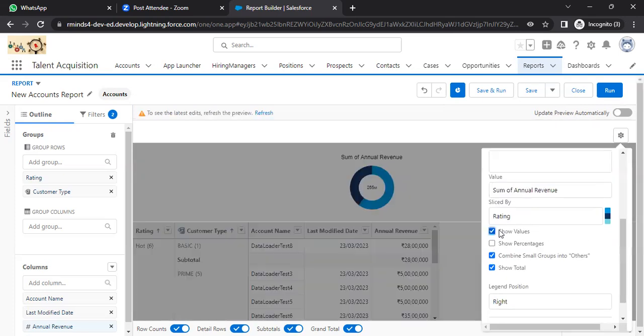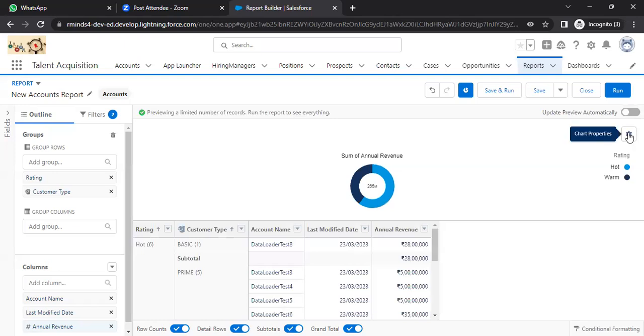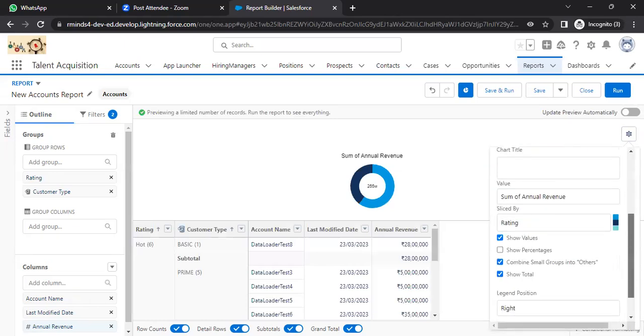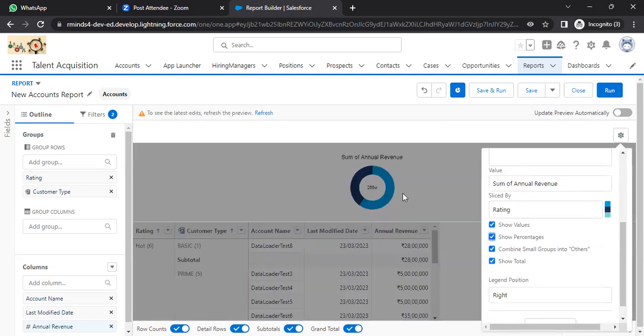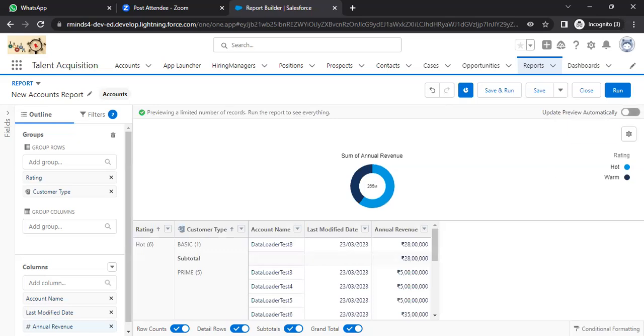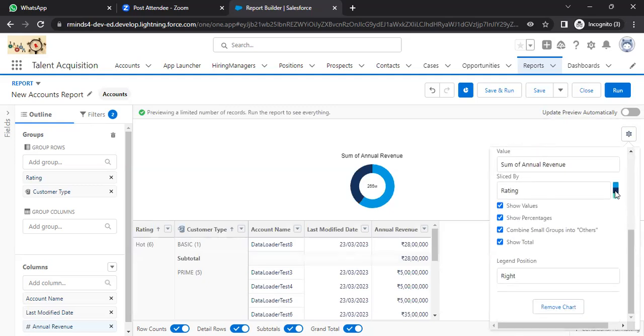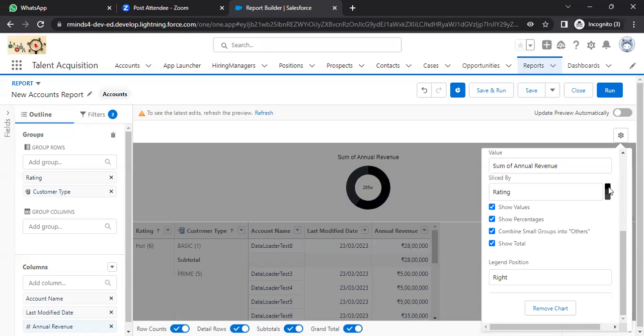Okay. And here are a few settings which you can have a look at. Show the values. You can click on this and it will show even the values as well. And you can click on show percentages. It will display the percentages here. And you can change the colors. By default, it was given default palette. Grayscale, there is another color setting. For donut chart, colors safe, we have different colors here. So we can select them